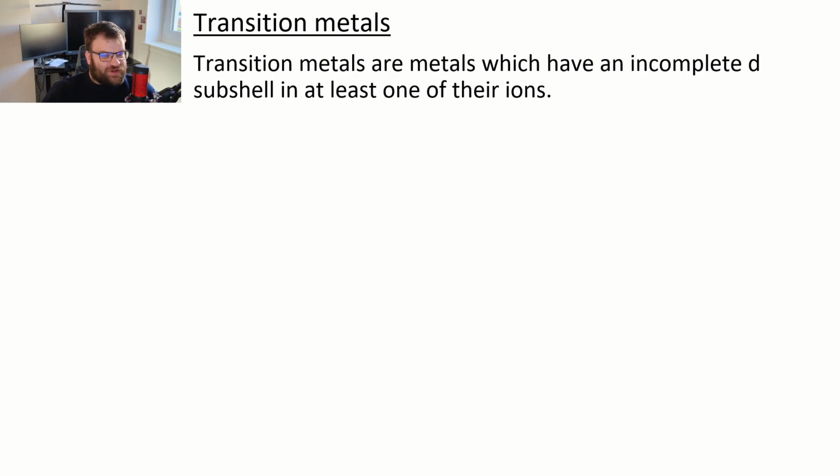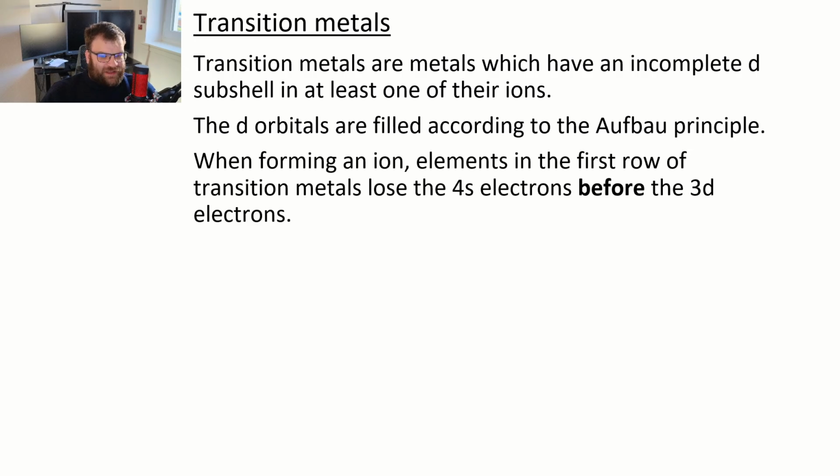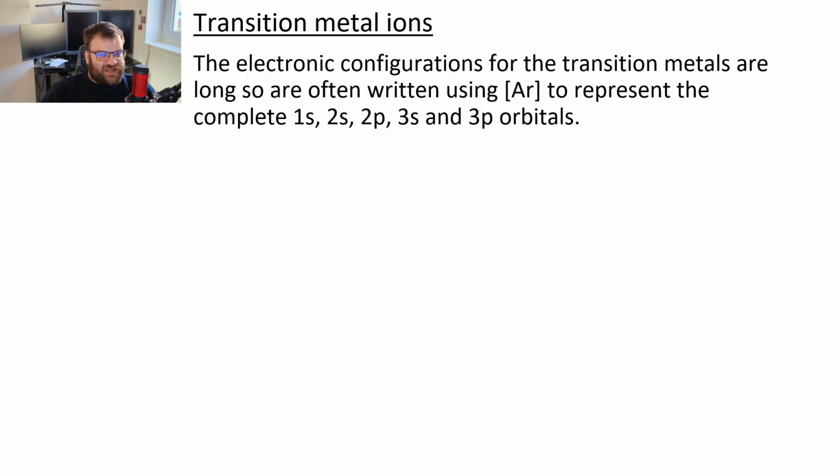The definition we will be working with at Advanced Higher Chemistry is that transition metals have an incomplete d subshell in at least one of their ions. We still fill the orbitals using Aufbau's principle. When an ion is forming, the transition metals will lose the 4s electrons before the 3d electrons, similar to what we talked about before. Because the electronic configurations of the transition metals can be quite long, we use the closest noble gas, which is argon, to represent up to 3p,